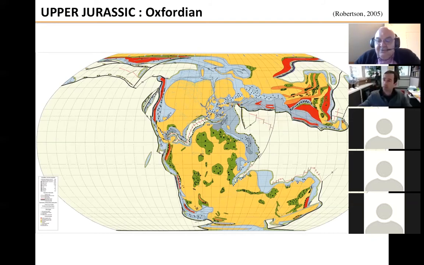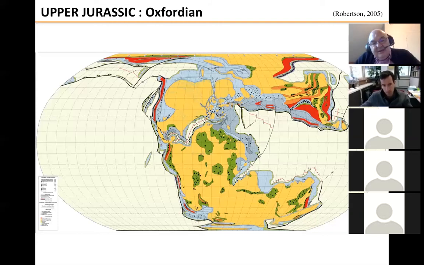This is not an official map. This is, you know, the company Robertson. Robertson is paid to do a global synthesis map. And what I really like in that one is that they do not try to put fancy topography, just data, okay? And if you look at what's going on, we are looking at Upper Jurassic, Oxfordian, so it means that we are around